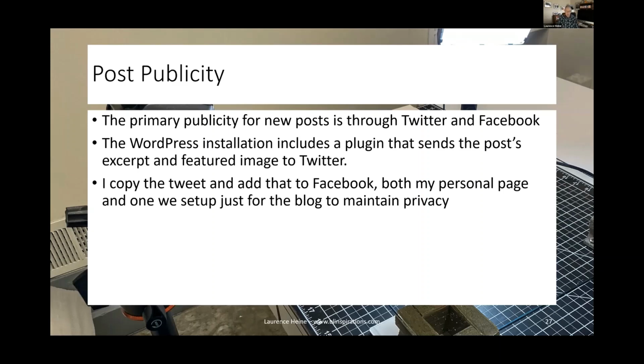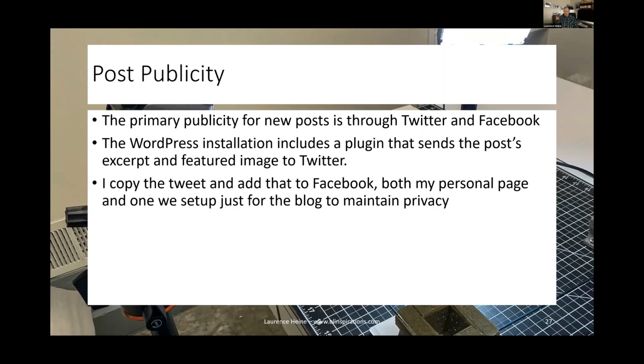And then my primary publicity is through Twitter and Facebook. I actually abhor both Twitter and Facebook. I never look at the news feed on Facebook. I do post things occasionally. Beverly follows what my family does and tells me when something interesting is going on, or what friends of mine are doing. But there's a plugin on my website that, when I release a post publicly, sends